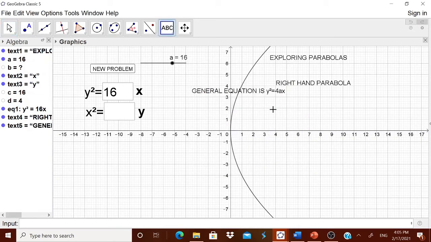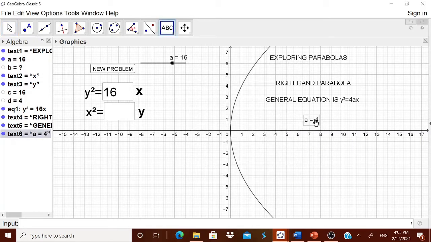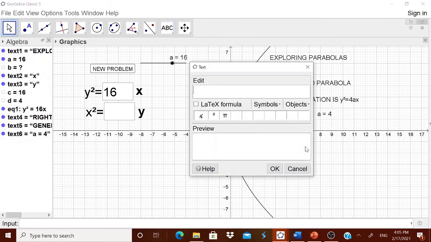Okay, general equation is y square equal to 4ax. Now you can tell in this particular case, the child has written there, you can write what is a. You know that a is equal to d, in this case it is 4.